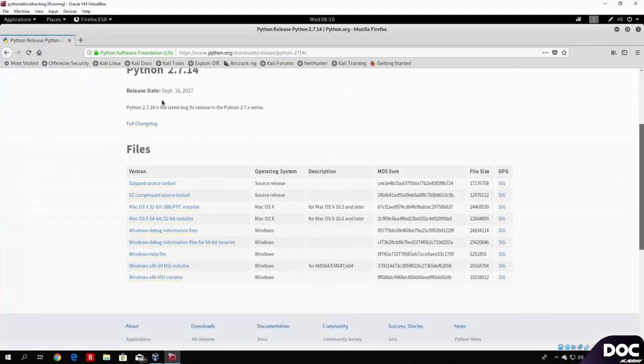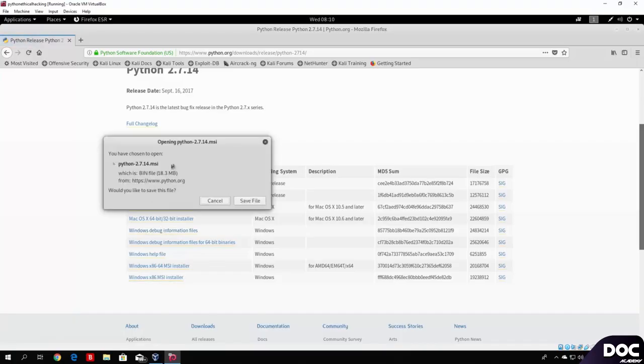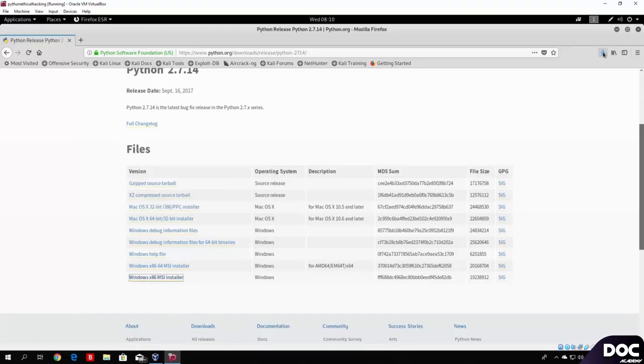Now here, as you can see, under Python 2.7.14 we have different versions available, and the one that we are interested in is the Windows x86 MSI installer. So just click on that. This will start the process of downloading it for you. It will first prompt you to save the file, so click save. Then under this icon right here you will see that the file will be downloaded in the downloads folder on